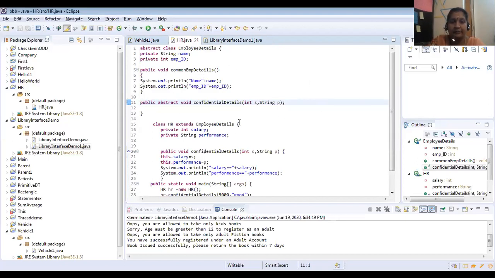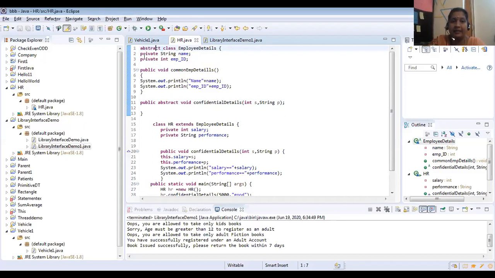So here we will discuss abstract class by using this program. I'll explain from the first line onwards, and later we will discuss how it will be executed. I have created one class named EmployeeDetails. If you do not write the keyword abstract, this class EmployeeDetails is a normal class. Now I have included the abstract keyword in front of the class keyword, so now this EmployeeDetails class is called an abstract class.